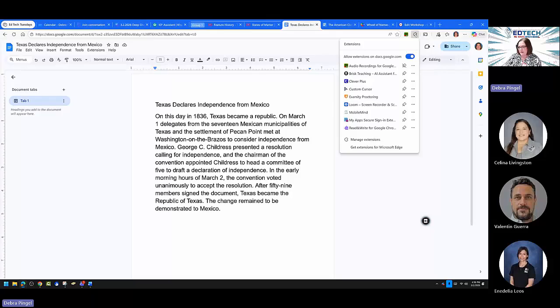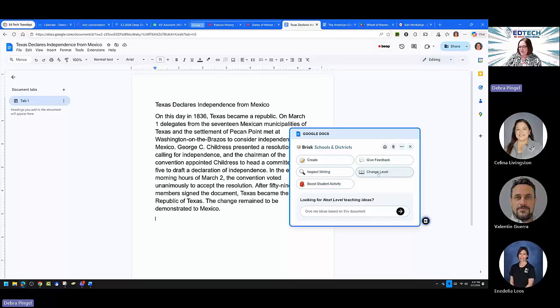Now, if yours isn't up, once you add it, if you click on this little puzzle piece on the upper right-hand corner, this is where your extensions are held. And that's the same in pretty much Edge and Chrome. Here is my Brisk Teaching, and I don't have it pinned, so it's not on my taskbar. Like the audio recording with Google, I have pinned, so I can see that all the time here. This one, if I want to pin it, I can pin it up here and see it if it's something I'm using a lot. So now what I want to do is I want to Brisk this